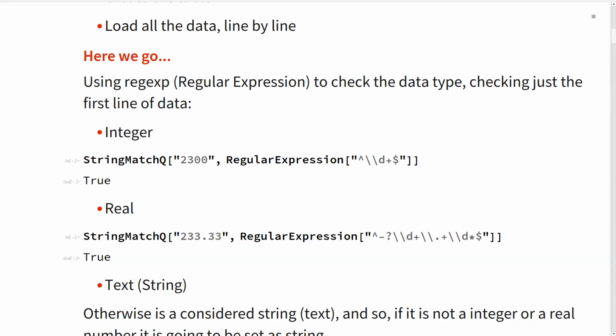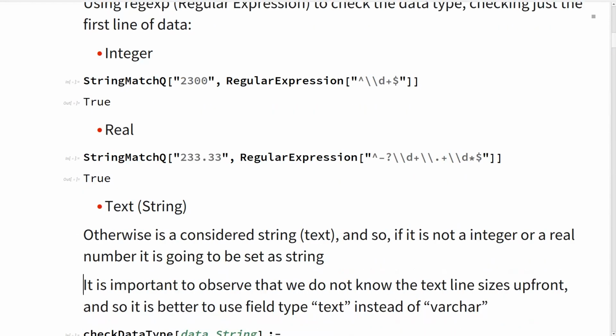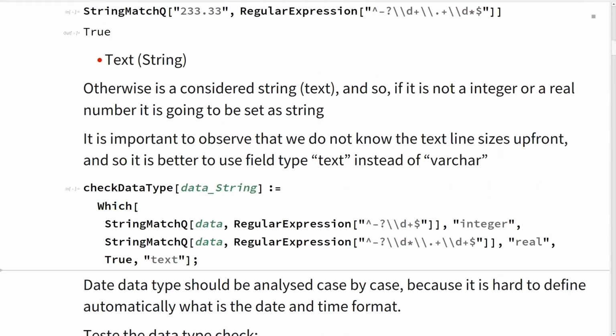It's simple, okay? I don't do any rocket science here with regular expressions, but regular expressions have a very weird syntax. The day you are working on it is fine. The next day you look at the thing and say, what? It's very hard to work with regular expressions. And so I try to identify what's an integer. If it's not an integer, I try to convert that to check if it is a float. If it's not a float, whatever, it's a string. And I put the data back there in the database. And so I have this simple function here. I send the data.